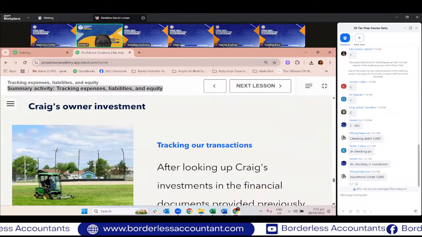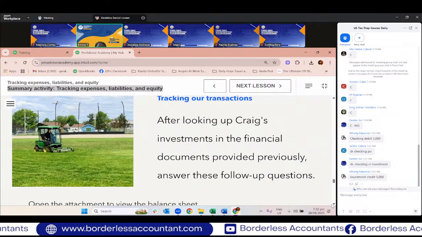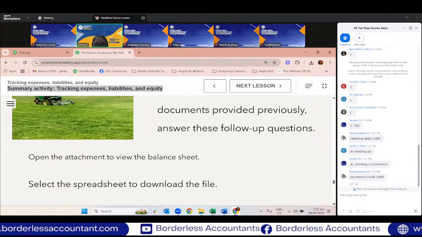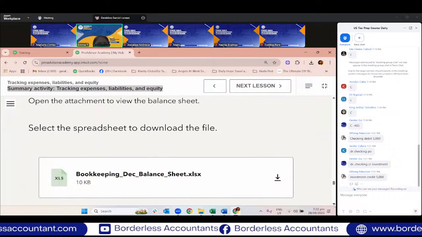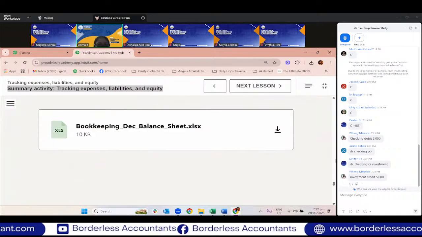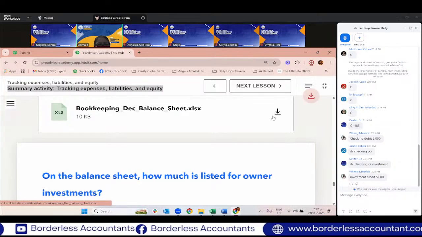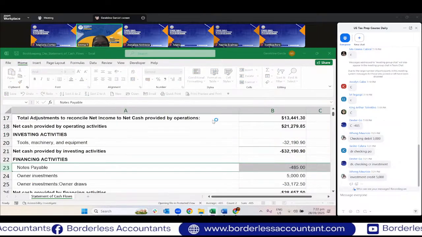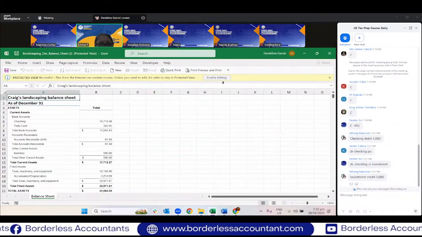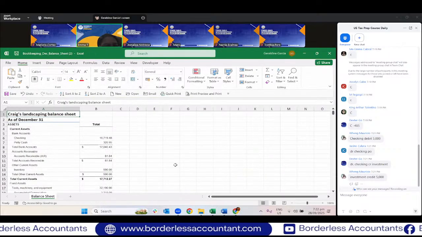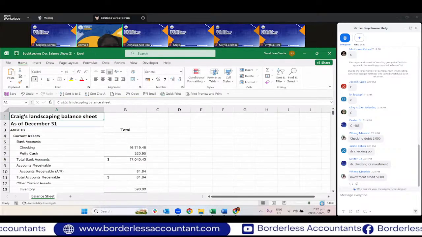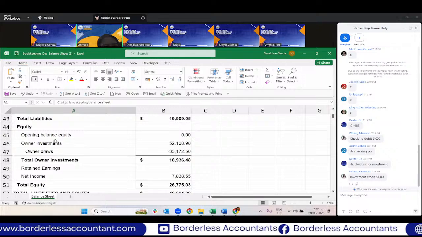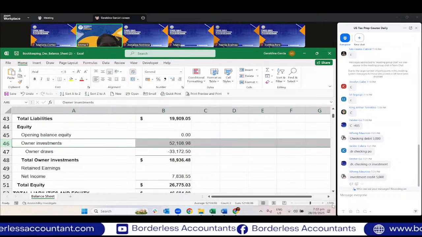Craig's owner investment tracking our transactions. After looking up Craig's investment in the financial documents provided previously, answer these follow-up questions. Open the attachment. Let's open the attachment again, please. On the balance sheet, how much is listed for owner investments? So that's the question. Let's try to look at the equity section. Owner's investments. That's